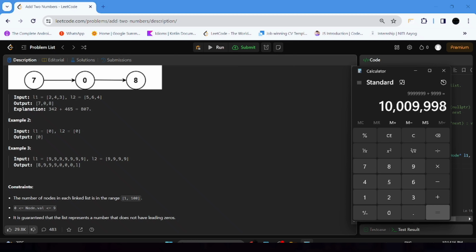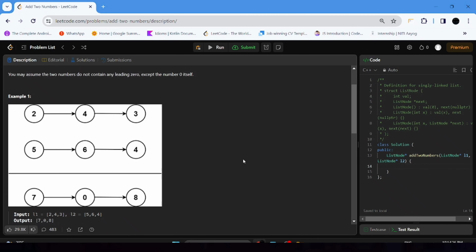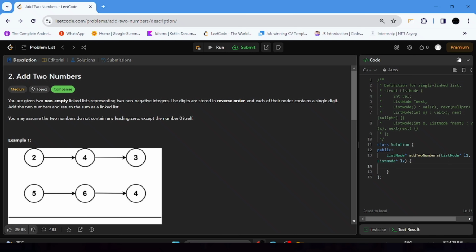We have to reverse its order, which is 89990001, which is our required output. So let's write our code so you will be getting it more clear.